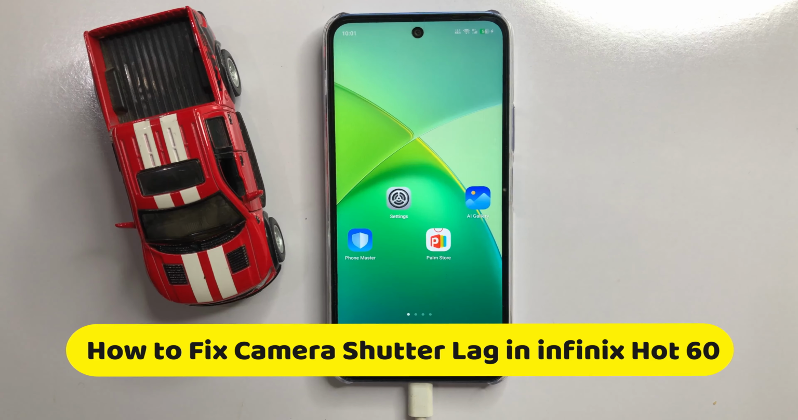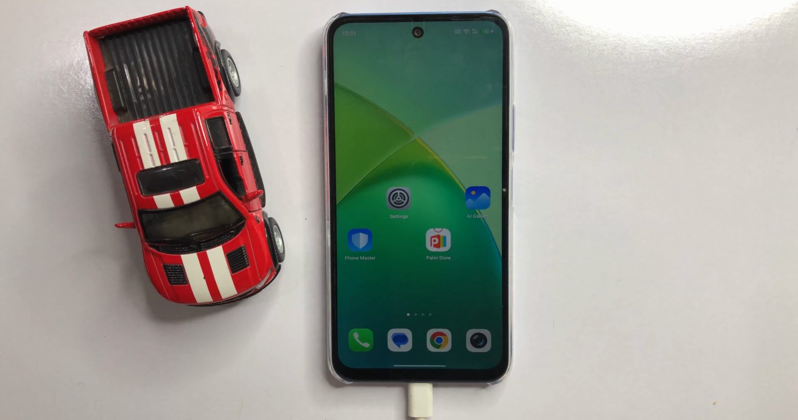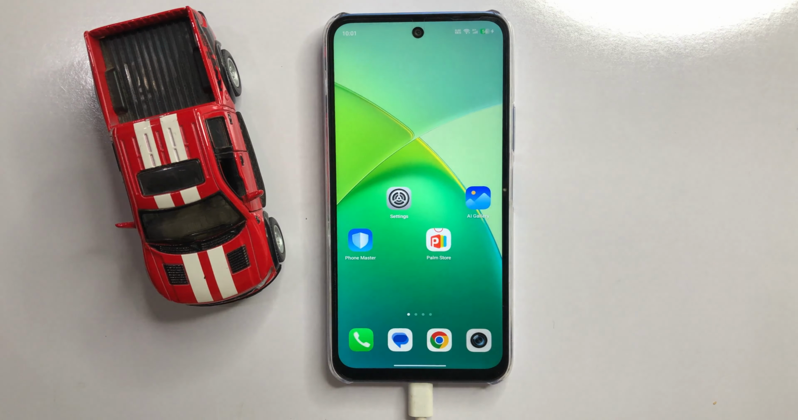Hello guys, get ready because in this video I'm going to show you how to fix camera shutter lag in Infinix Hot 60. So watch this video carefully and follow every step as I'm showing in the video,